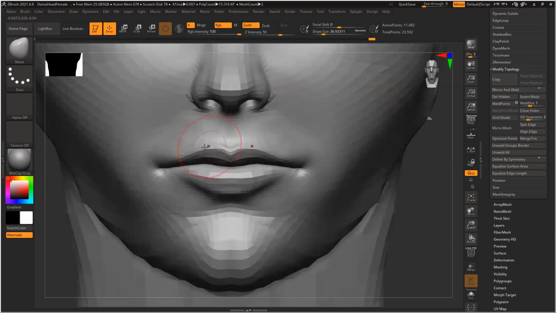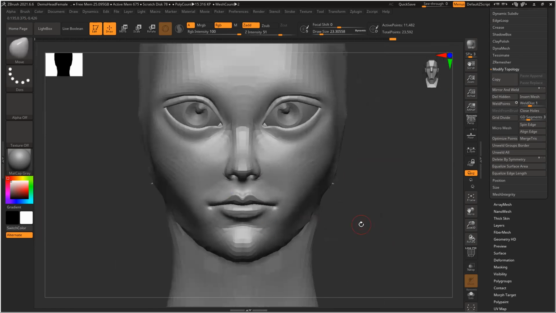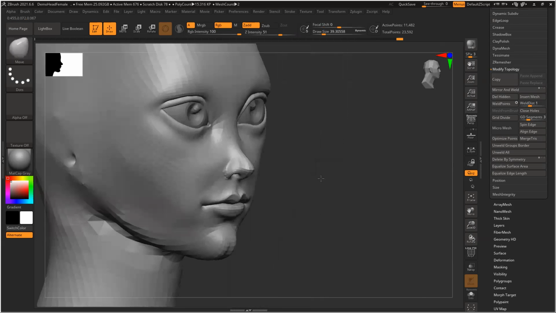Do the shape, pointy. Nose even smaller. The nose almost, see, almost blended with the surface.